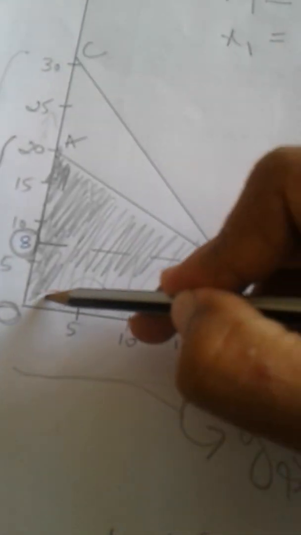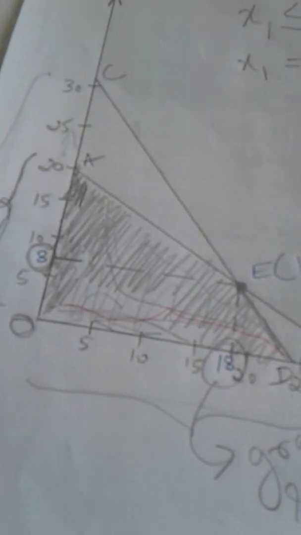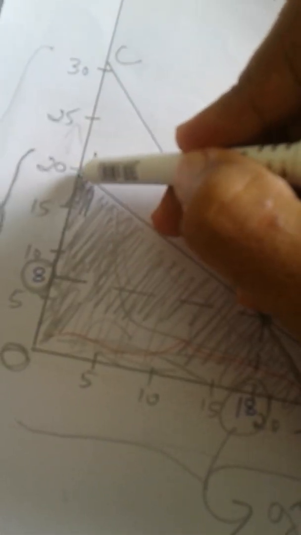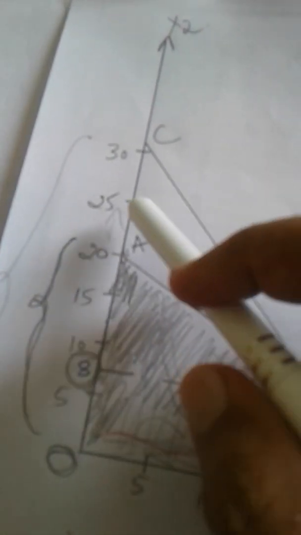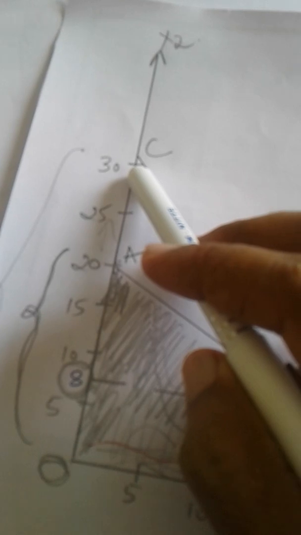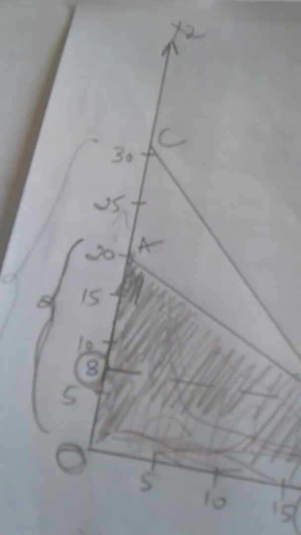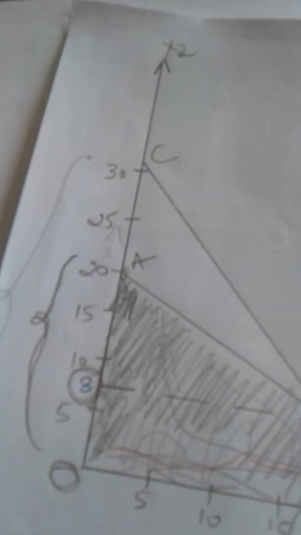Now if you are going to consider this complete constraint, only this particular area is being shaded. I'm just going to explain it once again, so just listen carefully. What this diagram means is that x2 should not be more than 20. Here from the second equation we got it as x2 should not be more than 30, but from the first equation we can only manufacture 20 units of product B. So that is the reason we cannot manufacture more than 20 units.